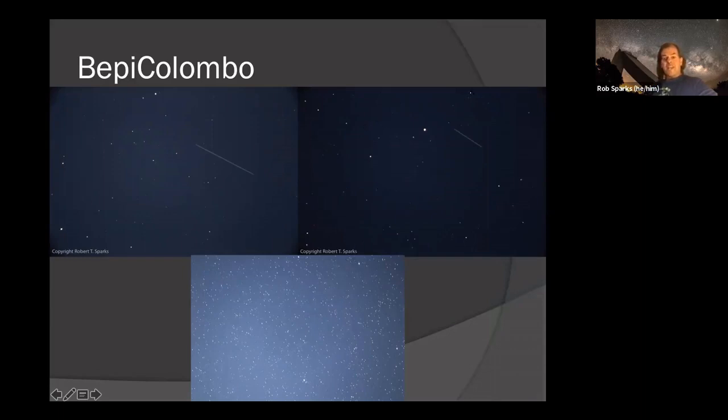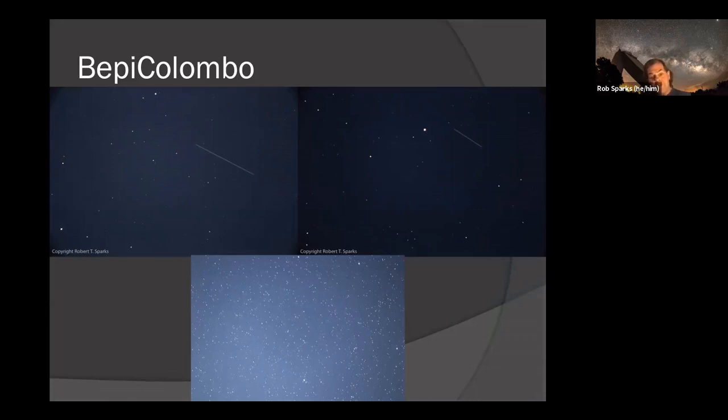Bottom picture, I also had my Canon 80D with a wider angle lens, just taking a bunch of exposures, and hopefully you can see the streak down there at the bottom one as well. I'm having a hard time seeing. Yeah, I see the streak now. There it is. Yep, right here. So I just layered those pictures, but I can't remember what those exposures were, maybe 15, 20-second exposures. Layered a bunch of them together to get that little streak of that satellite.